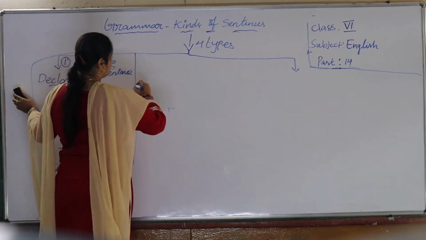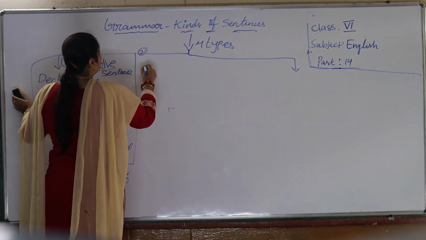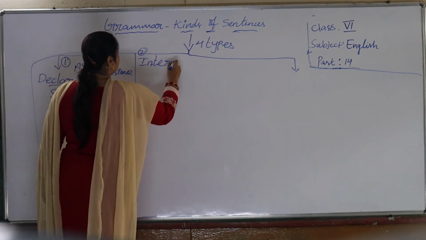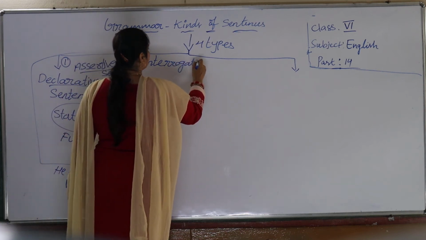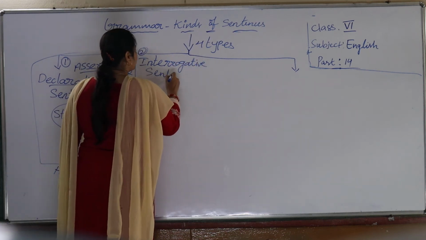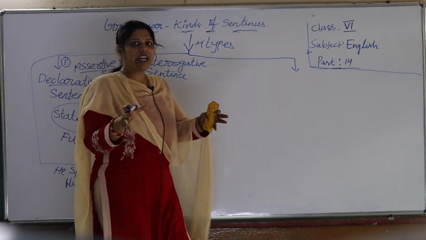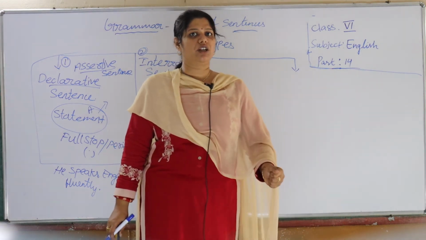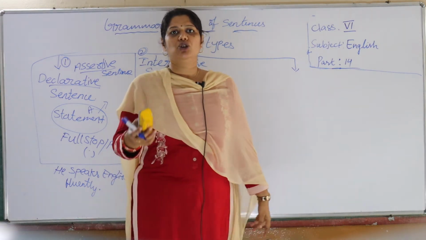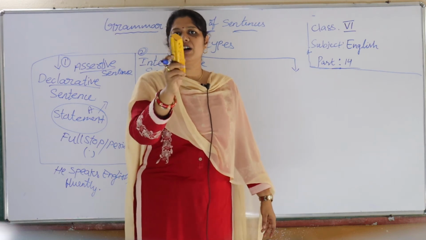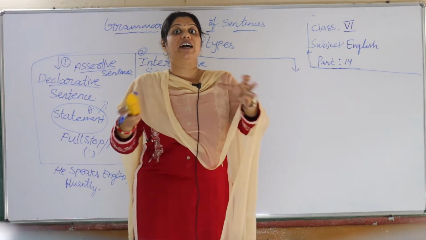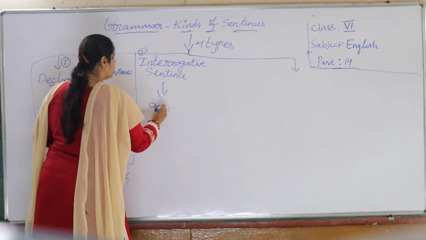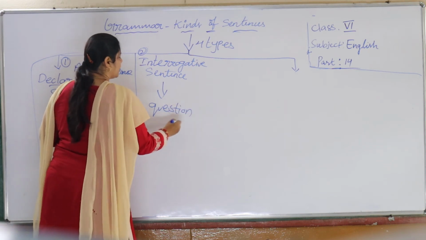The second type of sentence what we are going to see is interrogative sentence. What is it, children? Interrogative sentence. Normally when you hear this word interrogative, interrogation, when police has taken him for interrogation, police is interrogating, you will be interrogated by your mother, that means you will be asked, when you are asking something. So interrogation is nothing but when you question, it is a question kind of sentence.